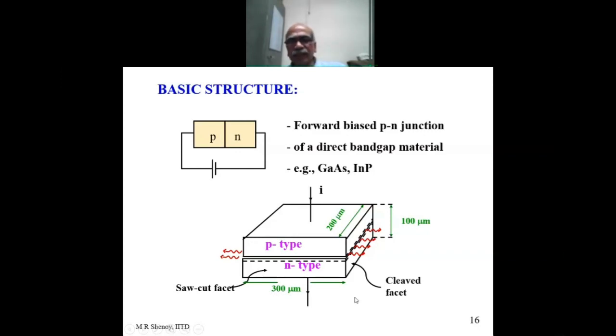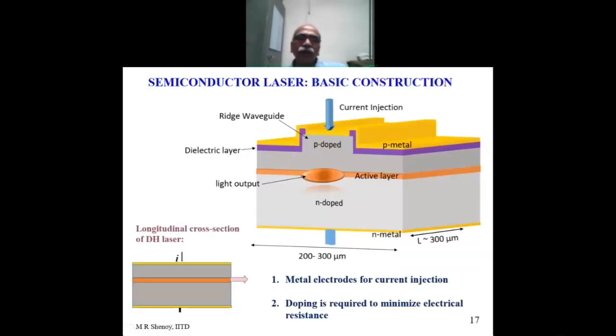The chip length is typically about 300 micron, and the height here could be about 100 micron. And it is made in a direct band gap material such as gallium arsenide or indium phosphide. So if you look at the basic construction of the material here,